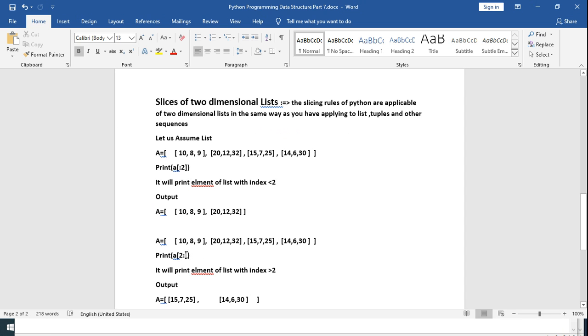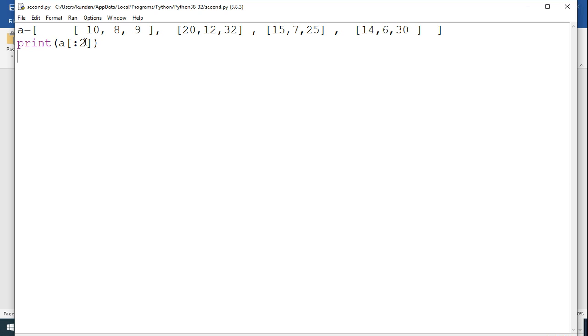So 2: will print the elements from index 2 onwards. It is the reverse of the first program.